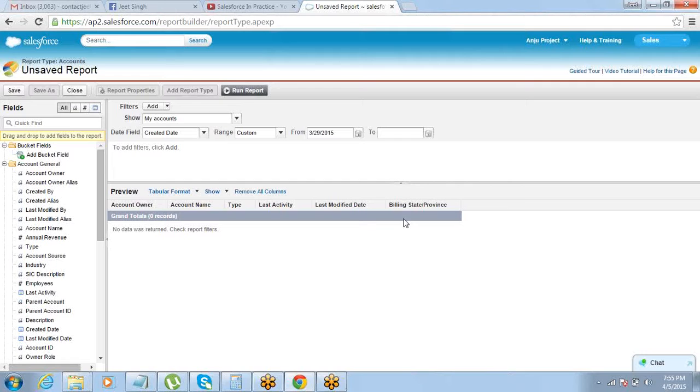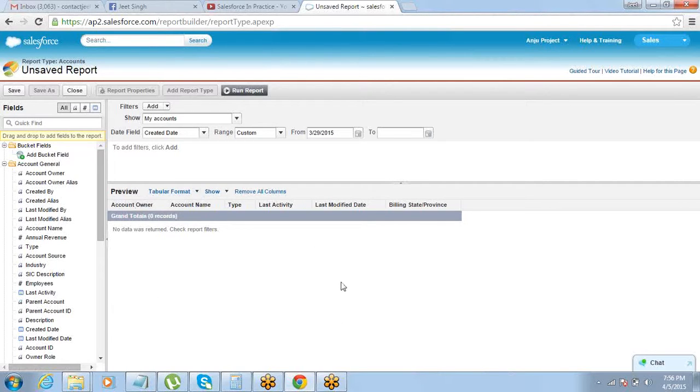So here you have the fields available. I told you, you have to select which fields are required on the report. You have to define what filters need to be put on the report, right? So select the fields from here, put the filters from here, and choose the format here: tabular, summary, matrix, joined. That's it. And this is the preview pane.